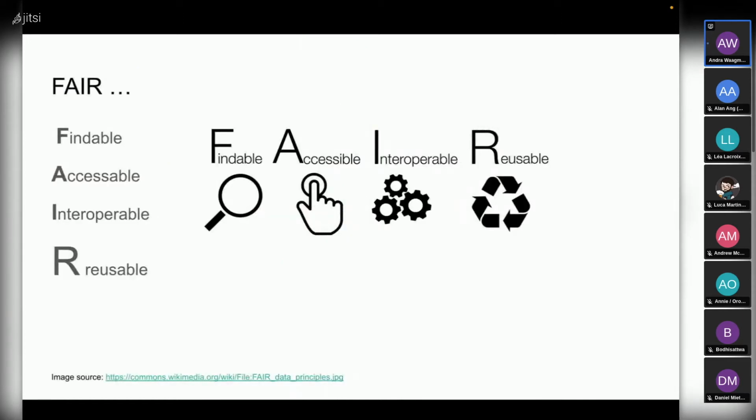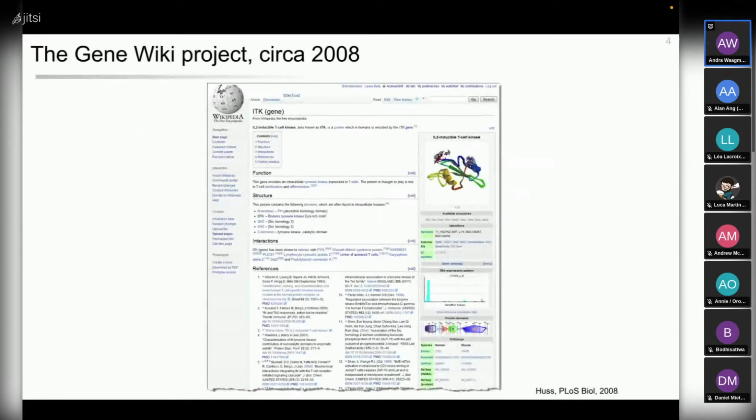So I'm just going to skip this quickly. I just wanted to say that what we are doing is using Wikidata as a FAIR data platform, and today is the reusable part. We're talking about reuse, but what we are trying to adhere to is making our data findable, accessible, interoperable, and reusable. I recommend watching other FAIR data documents, but I just want to talk now about the